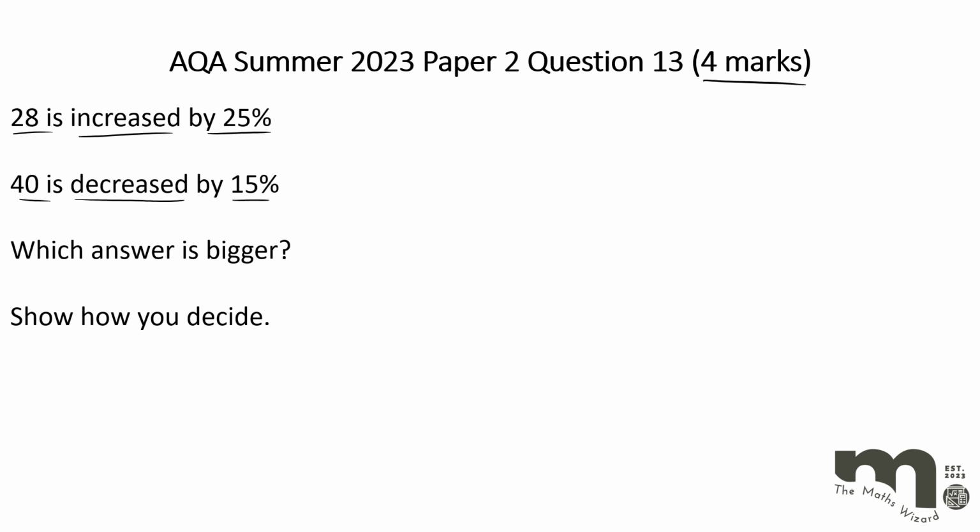Okay, I am going to show you how to do this with multipliers because I think this is a really useful method to learn for that calculator paper because it will help you with a lot of the harder percentages work. So we're increasing by 25% here. So if we do 100 add 25, that's 125. So we're going to be left with